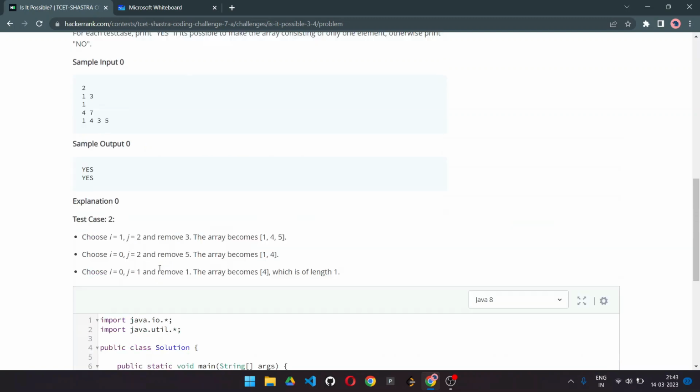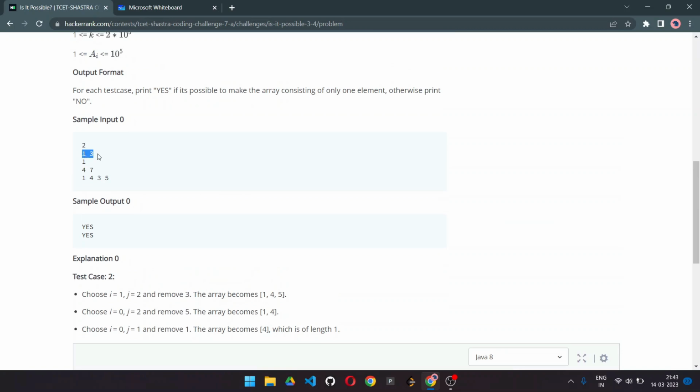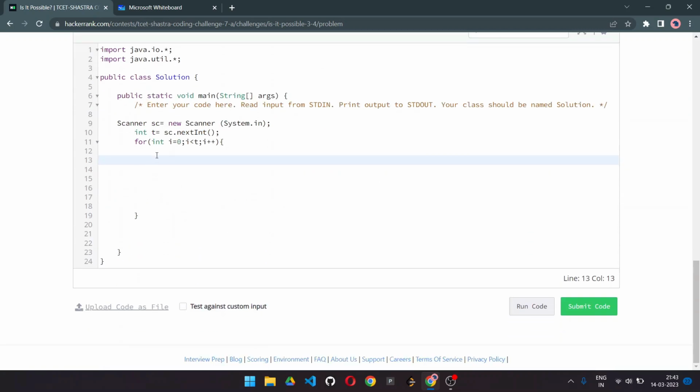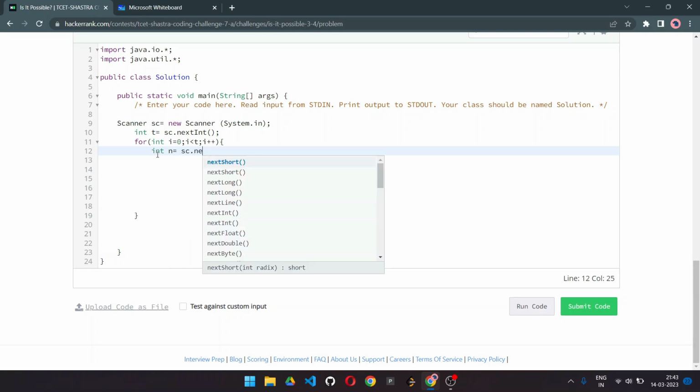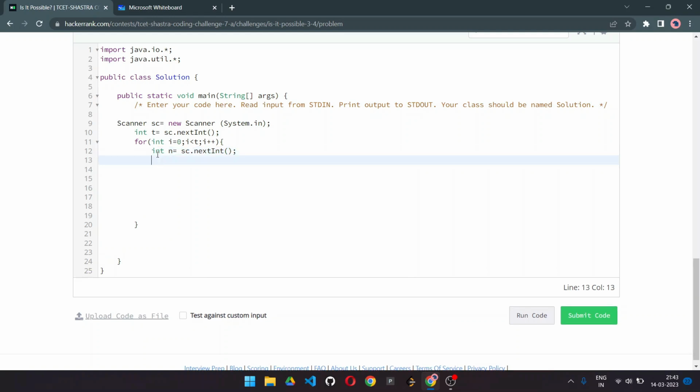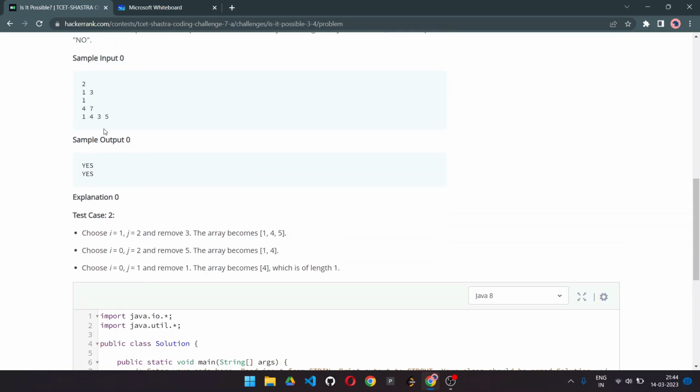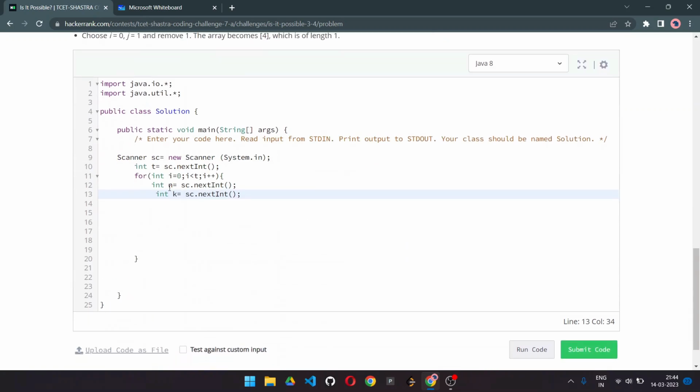For each test case we have a value of n and k, right. So we are now going to have the input n as sc.nextInt, and after that we are going to have a value k, right. And after this we are going to have our array.